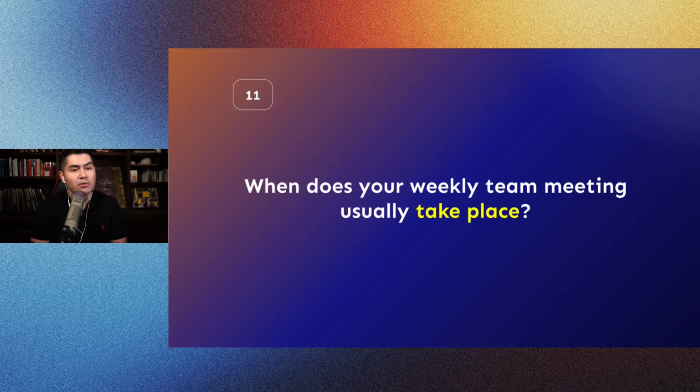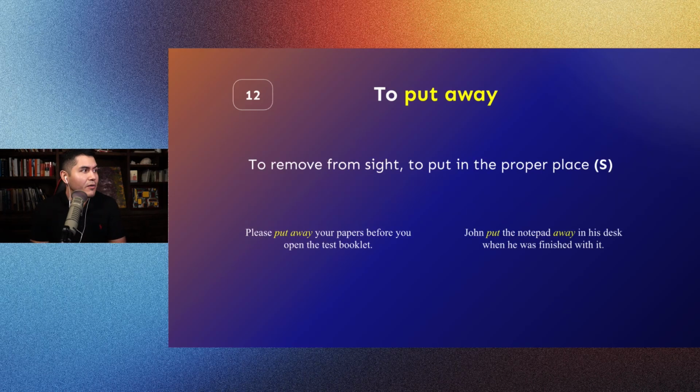At John's house. When does your weekly team meeting usually take place? Well, mine usually takes place Sundays or Mondays. The director on Sundays, but then Mondays it's the team, but it could be one or the other. And what about you? When does your weekly team meeting usually take place? Hopefully maybe not Fridays or Saturdays. That would be bad too, right? Okay, and the last